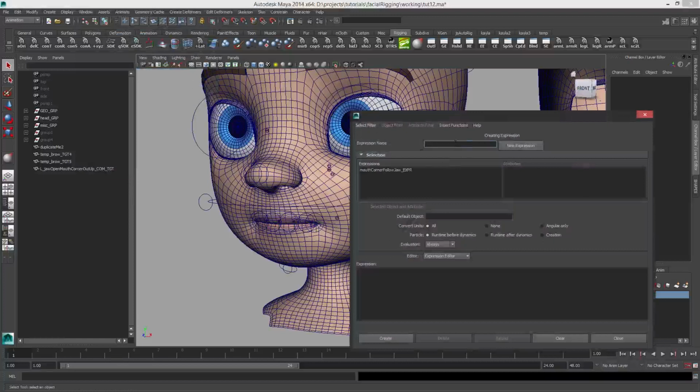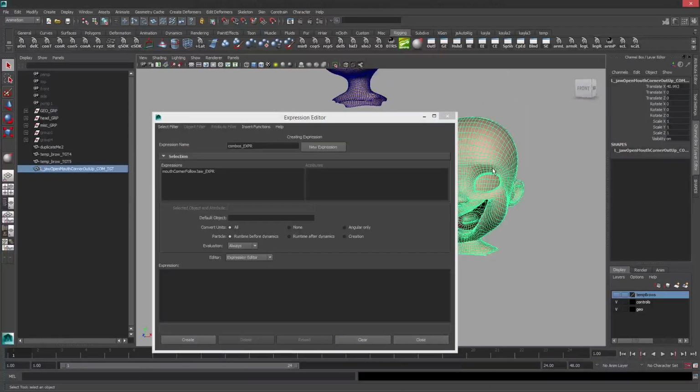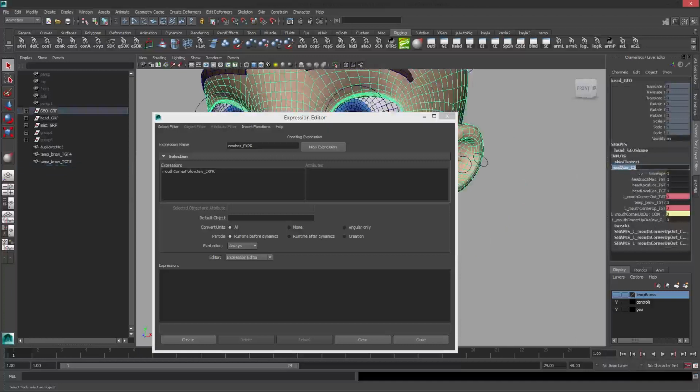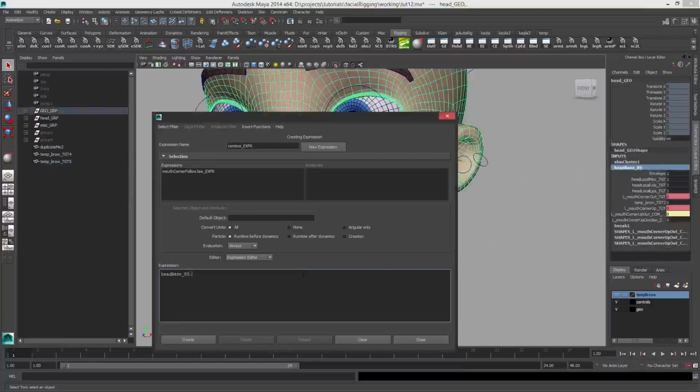Okay, remember this was going to be combos expr. And now we're just going to say, let's check out what this is labeled as. By the way, we can delete this now. This is going to be head BS dot L mouth corner up out jaw TGT is equal to head base BS dot L mouth corner up out TGT